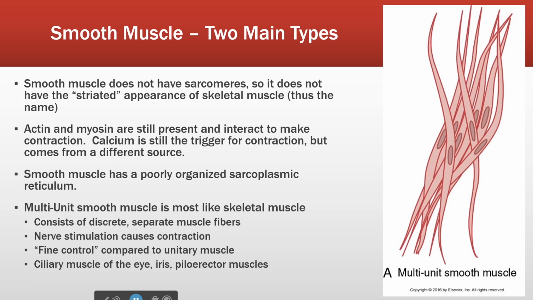Now the interesting thing is we don't have multi-unit smooth muscle in very many places in the body. Ciliary muscle in the eye is the muscle that controls your lens shape. The iris controls the opening and closing of the pupil. And the piloerector muscles are goosebump muscles. Those are examples of multi-unit smooth muscle. Three places, not very many places, right? Much more common in the body